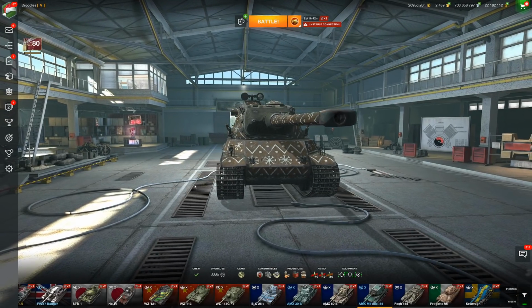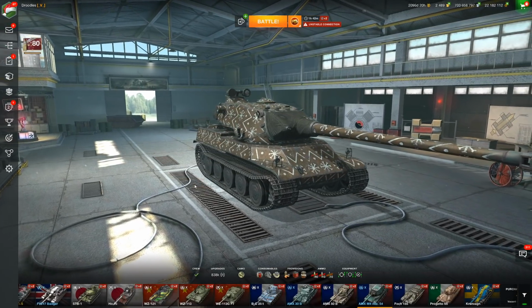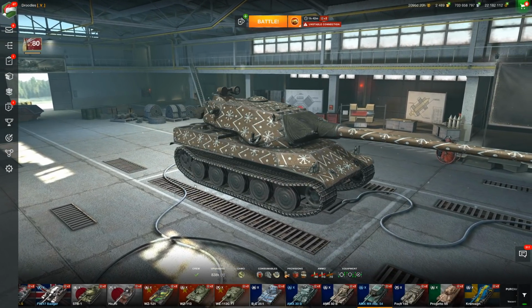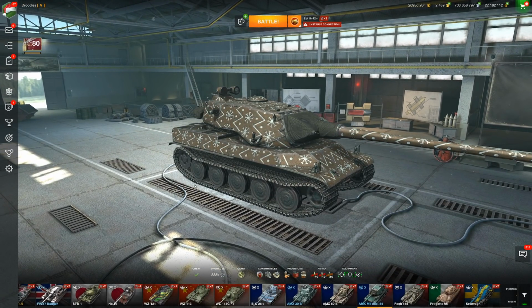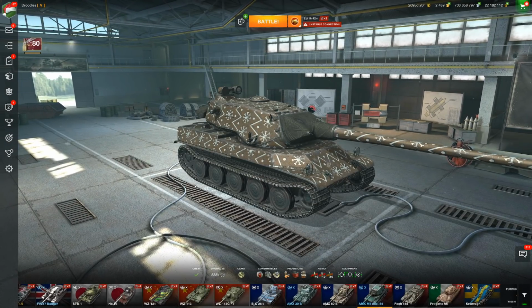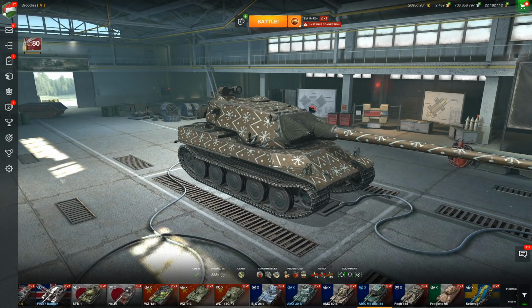Every year, December 17th, the Blitz Fair rolls around the corner, and with it comes fantastic deals. I always tell people to save their money, especially when we start coming towards Christmas, so that you can get some tanks that you might have wanted to get throughout the year, but you didn't have the money for. Vehicles like the Defender Mark I last year, the Chimera, and the WZ-120 were sold in the Blitz Fair, and